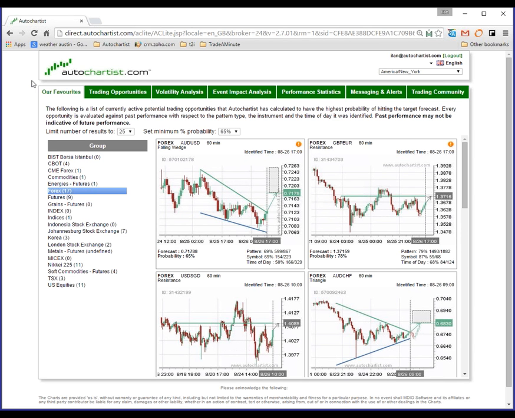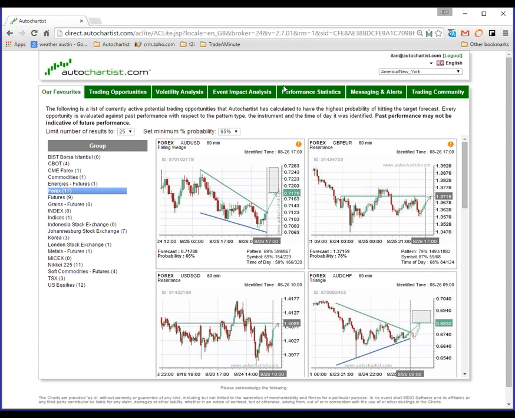Now, if your broker doesn't provide you the Our Favorites section, it's really unfortunate, because not only do you have more work to do, and I'll show you what you need to do now, but you can't actually use our mobile app. We've got a native mobile Android and iOS application. So if your broker does have Our Favorites, you can just go to the Google Play Store or the Apple Store, and you can look for Autochartist, download it, and you can use the Autochartist mobile app free of charge,